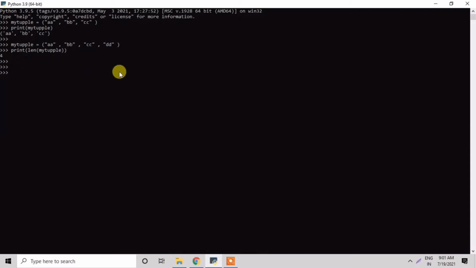Next, we can create a tuple with one item. For example, first of all we'll take a variable in which I give the value Rupali, followed by a comma. After that we will use the print function to see whether it is a tuple or not.